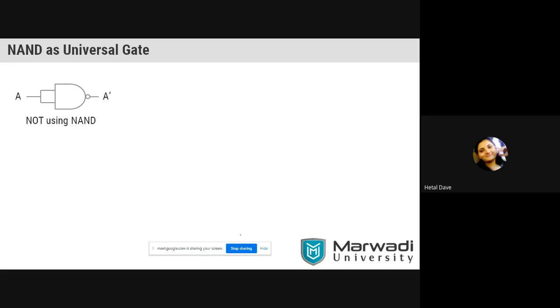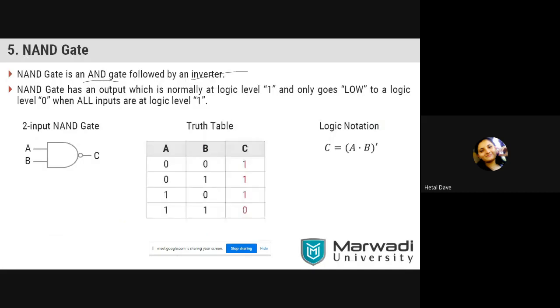So whatever theory is explained right now, we need to prove it using our experiment. So let's say the NAND gate as a universal gate. Here a NOT gate is designed using a NAND gate. Let's say the input is 0. So here 0, here also 0. What will be the output? We already covered the truth table. What will be the output? That's why we covered its truth table here, if you remember.